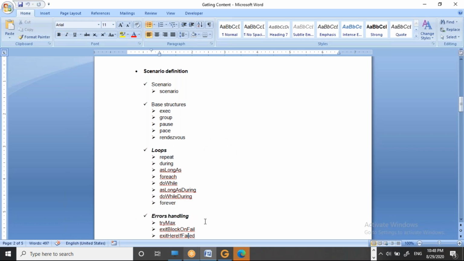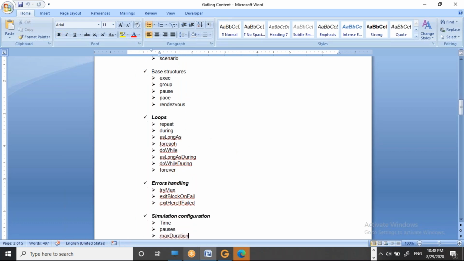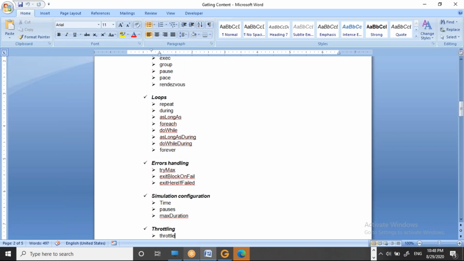Then we will also use error handling. If we get a failed response, then what to do? See, you have entered the wrong password and you will get a 200 response code, but we put an assertion for that. If we get the successful login user string, only then does the request go further.